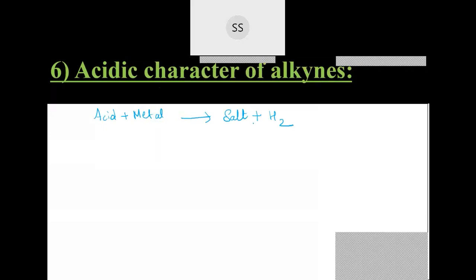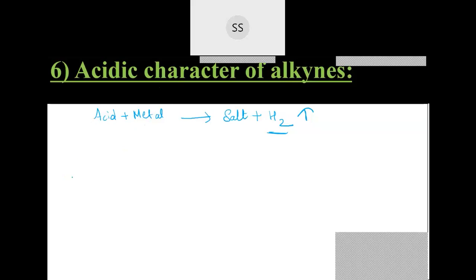There will be hydrogen gas which will be released. So during the reaction, the metal displaces the hydrogen. A highly reactive metal displaces the hydrogen, and that hydrogen does not come out as H. It combines with another hydrogen and comes out in the form of H2 gas, so this H2 gas will escape. Like that, they wanted to check whether alkynes are acidic in nature or not, whether they can release H plus. If they are able to release hydrogen gas during the reaction, that means they are acidic in nature.